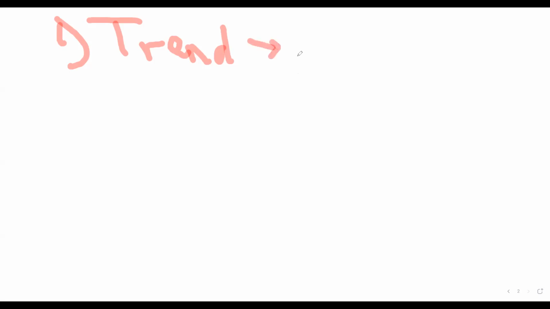And what tool do we use for the trend? Moving average. I'm going to show you the combinations we're going to use. And number two,